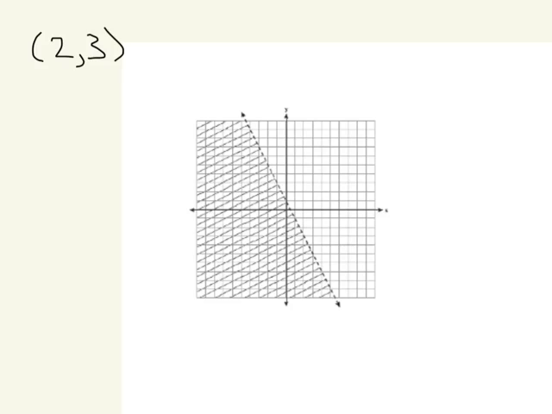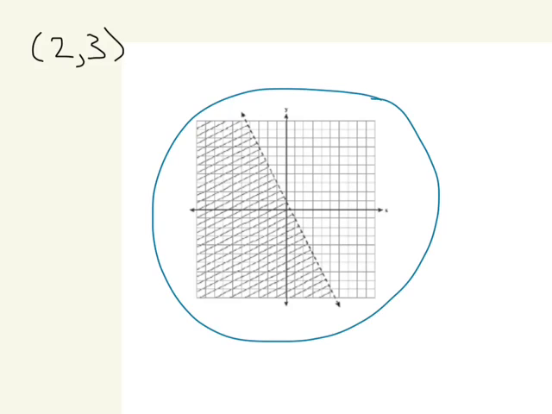We have a graph that's already graphed out for us, a little inequality, and we want to find out if (2, 3) is a solution to this inequality. So all we do, since we don't have an equation, is we plot the point (2, 3) on our coordinate plane. So let's see, we go over 2 on the x-axis, up 3 on the y, and we have